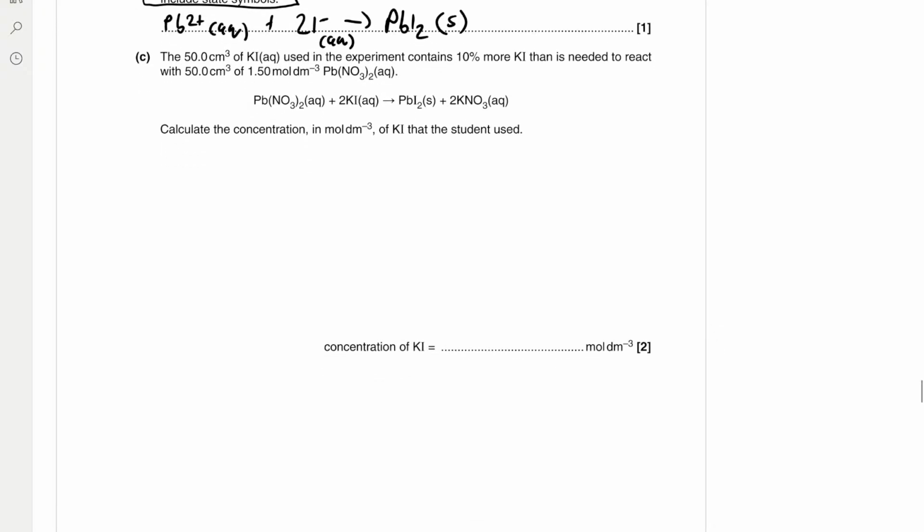And then 50 centimeters cubed of KI used in the experiment contains 10% more KI than is needed to react with 50 centimeters cubed of 1.5 mole per dm cubed Pb(NO3)2. Calculate the concentration in mole per dm cubed of KI that the student used. Okay, so